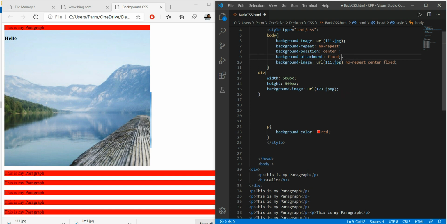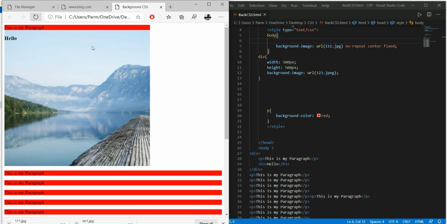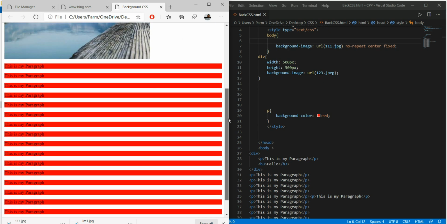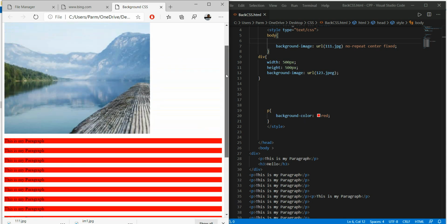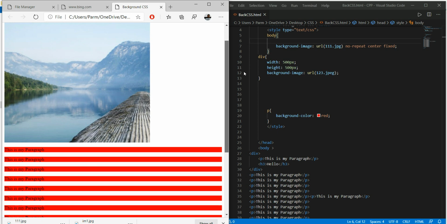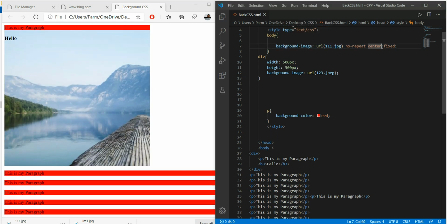I will remove this, save it, refresh it. Now see, this is not working.